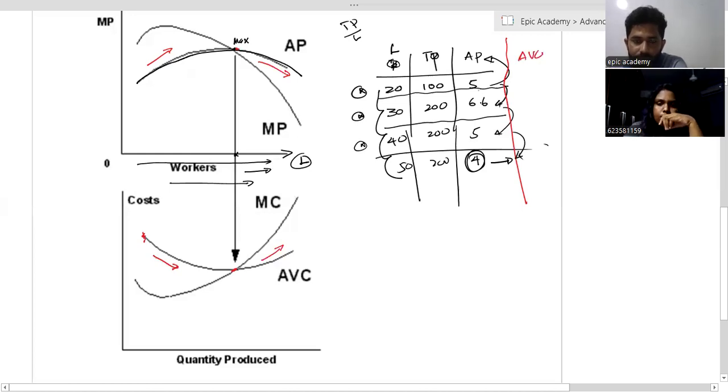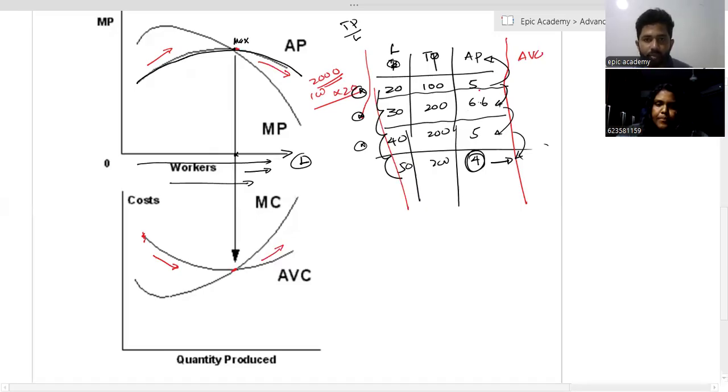Here, just identify you are going to pay one worker 100 rupees per day. And then 20 workers are there. It becomes 2,000. Okay, the total cost for the entire workers becomes 2,000. And you produce only 100 commodities. Then what about the average cost? 20. Yes, average cost 20. That means to produce one commodity, you are going to pay the workers 20